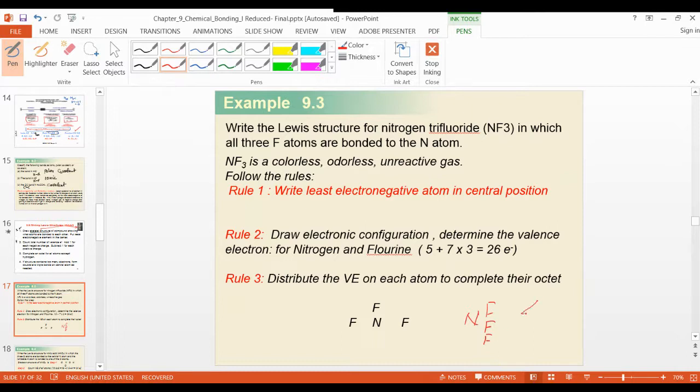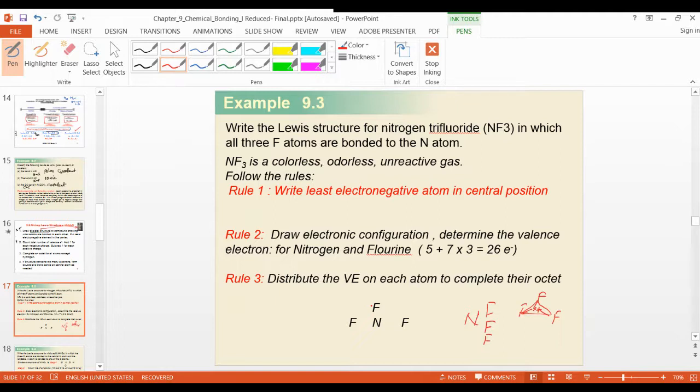So just like a triangle, one fluorine here, one fluorine here, one here. This is the maximum distance between them, right? 60-degree angle. And now in the center is nitrogen, like this, or whatever you have, look at here, right? Then after that, the fourth rule is you have to show the bond between this and this. You cannot make a double bond between fluorine, as I told you last time, remember.